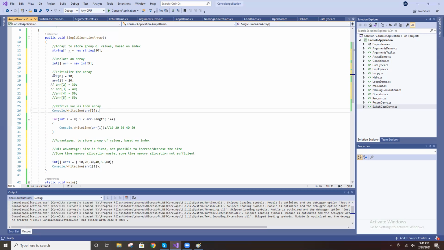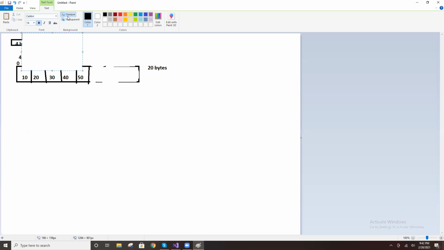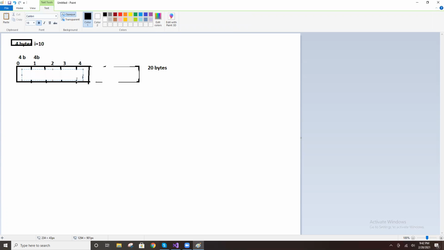No. See, the array size is 5, right? By default the value is 0.